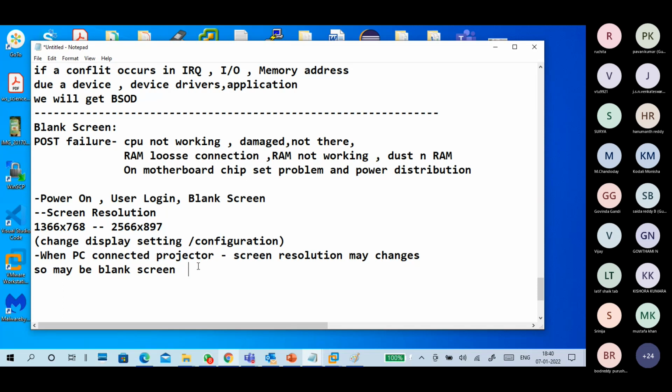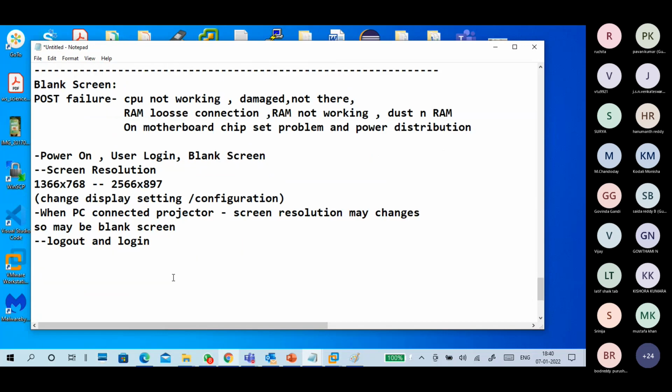So what is the solution for this one? The solution is to log out and log in again. Log out, login is a very easy solution. It's a blank screen, you can't change anything. Just log out and log in. So that is the ultimate one.